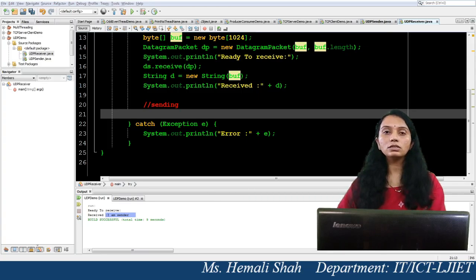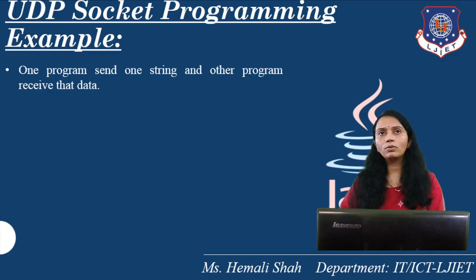Here you just need to use these two classes only to make any application, datagram socket and datagram packet, right? You can build lots of programs using this logic. You just need to decide what data you want to send from the client program, what data will be received by the server, and what process will be done by the server program, right?